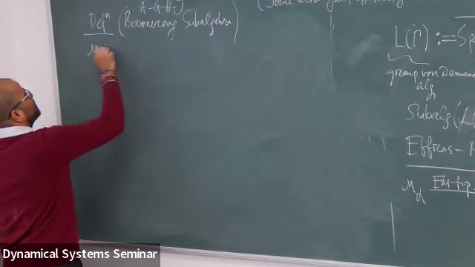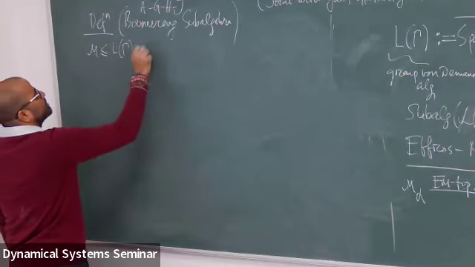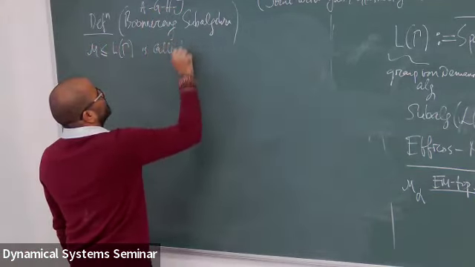So M inside the group von Neumann algebra is called Boomerang